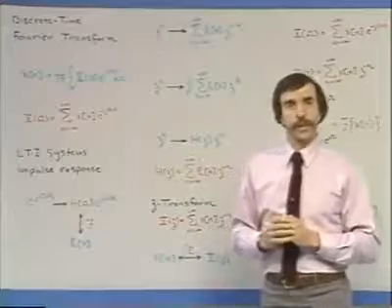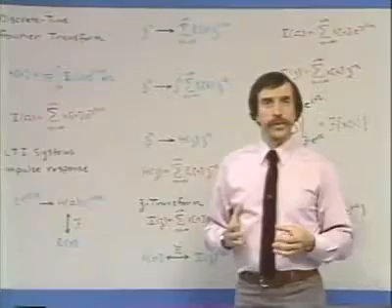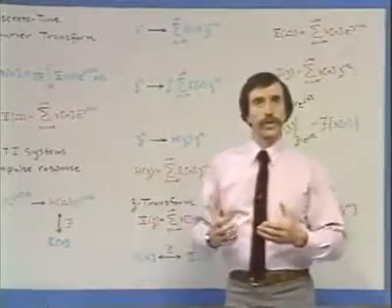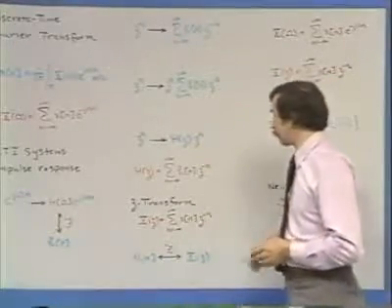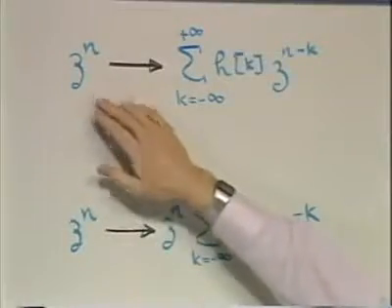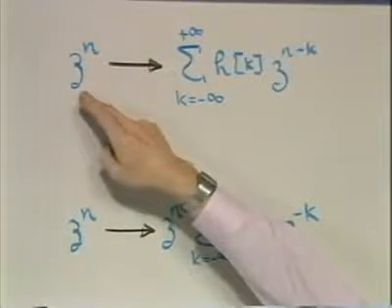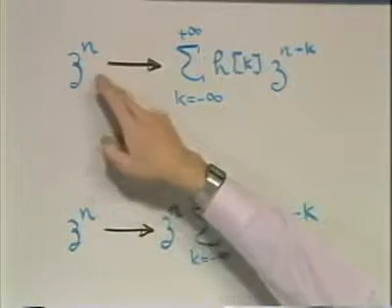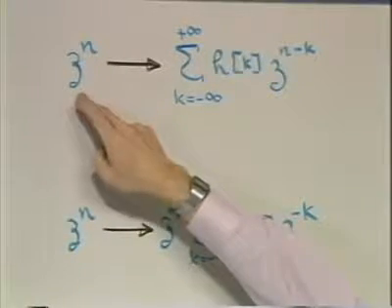And just as in continuous time, there are a set of signals more general than the complex exponentials, which are also eigenfunctions of linear time invariant systems. In particular, in discrete time, if we had, instead of an exponential e to the j omega n, a more general complex number z, then the signal z to the n is also an eigenfunction of a linear time invariant system for any particular z.